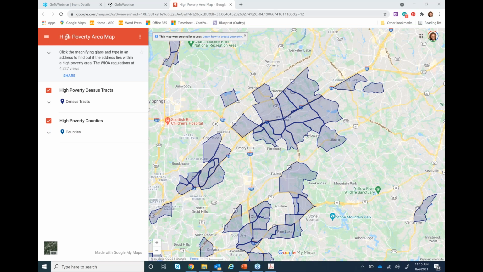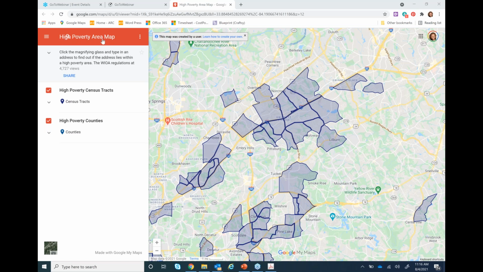Okay, so as you see, all the blue are high poverty areas, and this is Gwinnett right here that we're looking at. That's all Gwinnett up there, and they have high poverty areas. As far as our counties, the high poverty areas are mostly in Clayton and Gwinnett. If you go outside of that, you may not find as many high poverty areas based on the state's 30% thing. That's how they dictate high poverty.